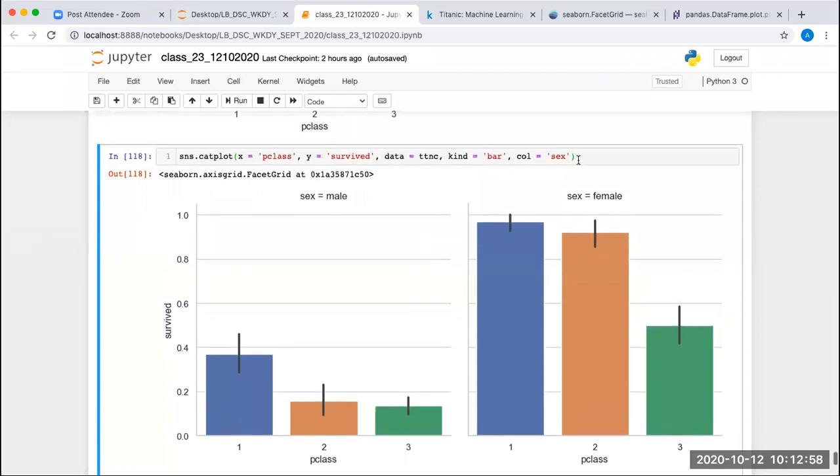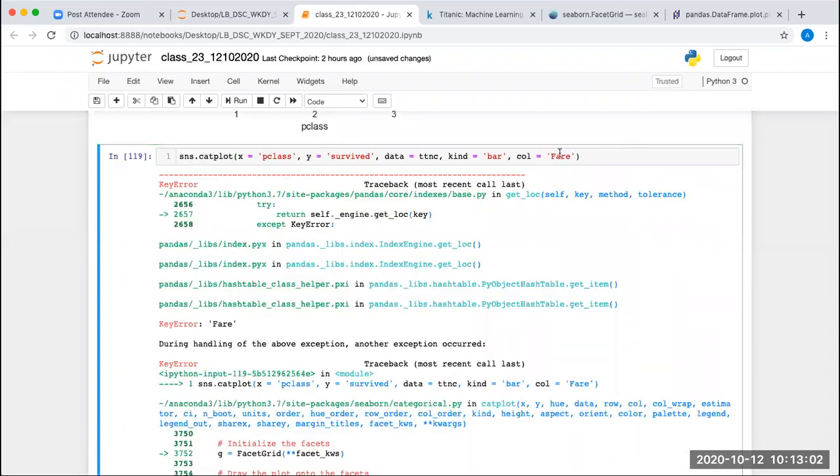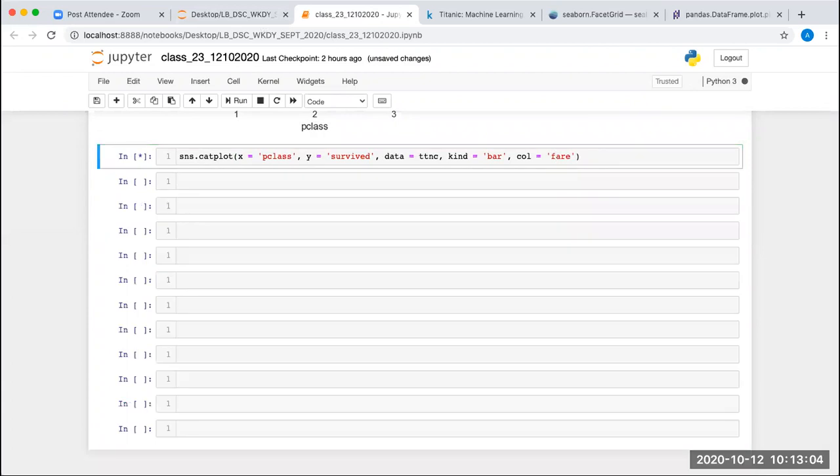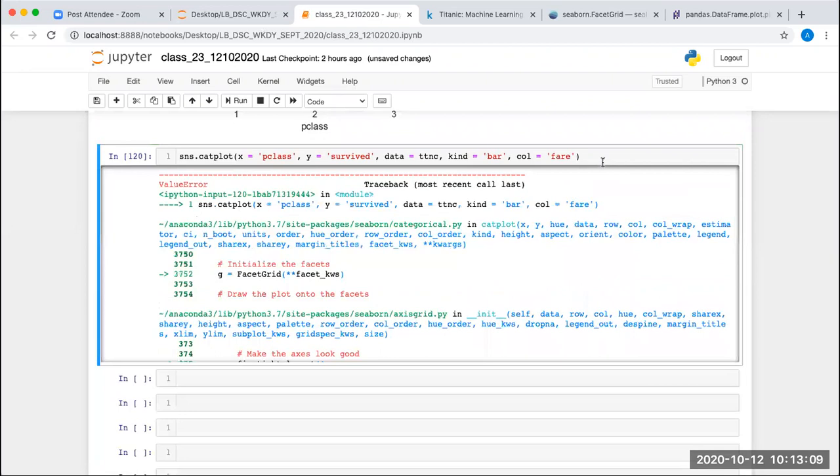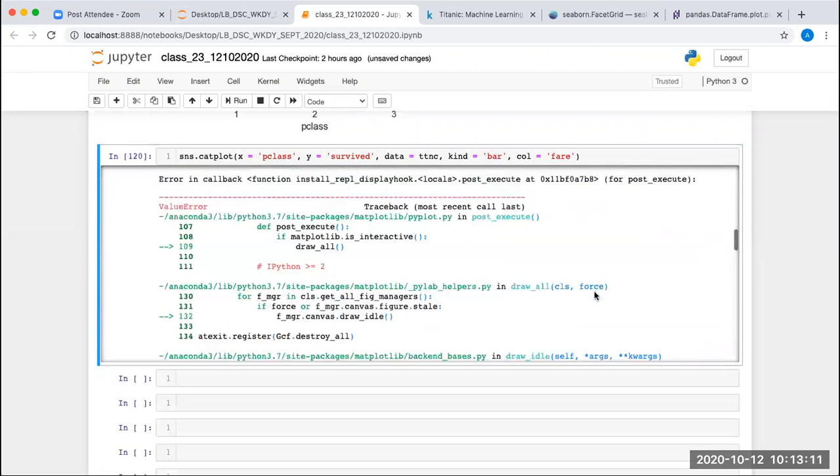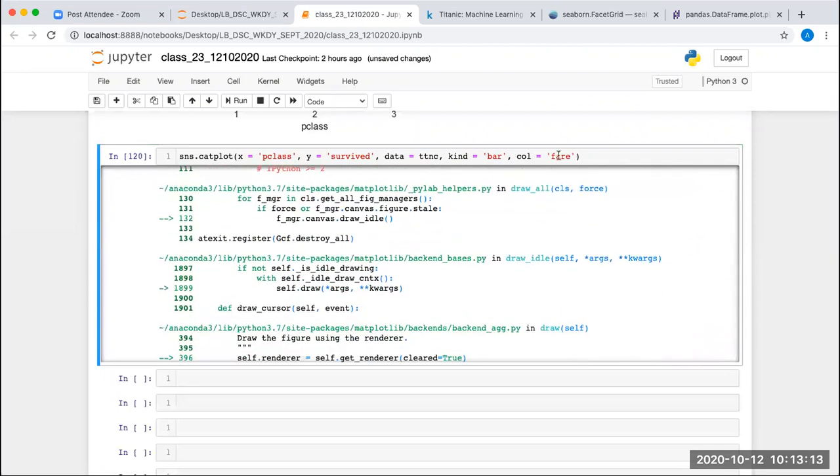Fine. So now ask me about the fare. Let's see if we can get some idea based on the fare also. Fare is not a categorical value. We cannot take it here, so we'll take it in a different plot. I'll show you differently.